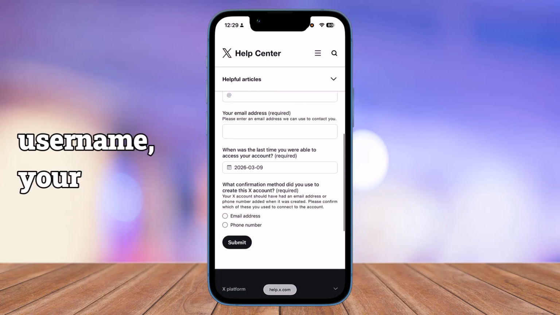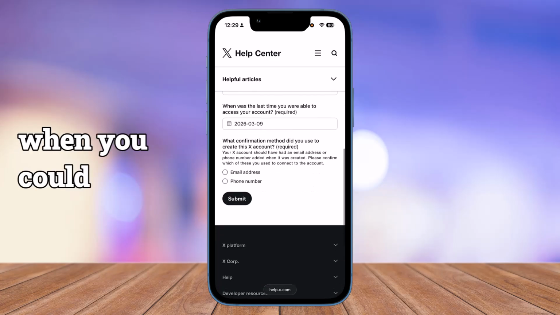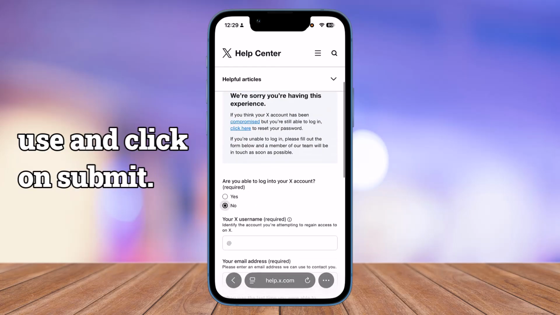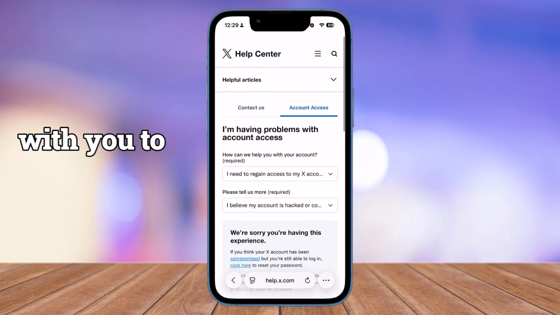Enter your username, your email, your date, the last time when you could access it, your email or phone number that you used to use, and click on submit, and they'll get in contact with you to help get your